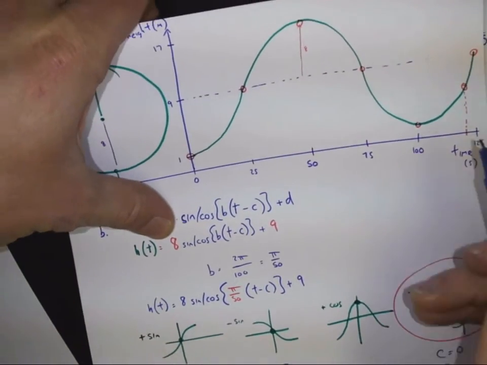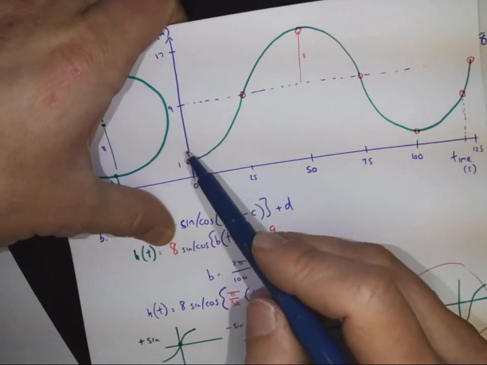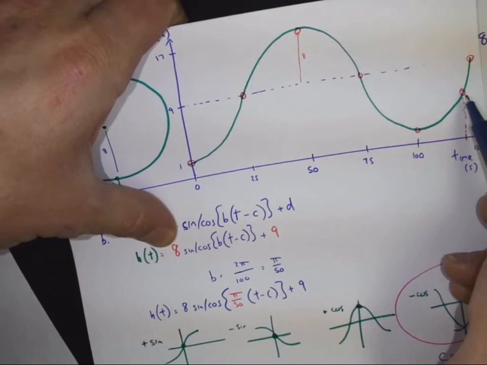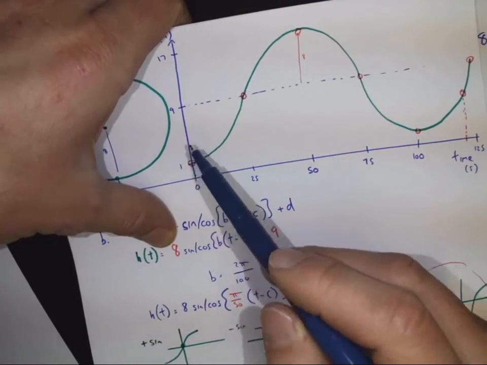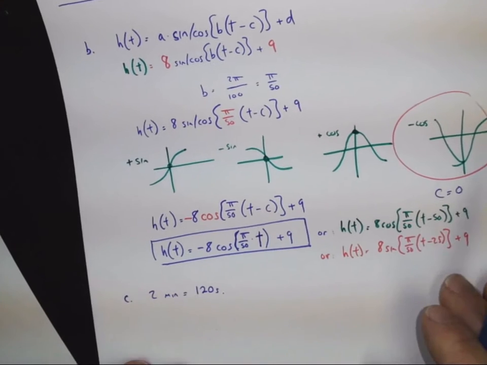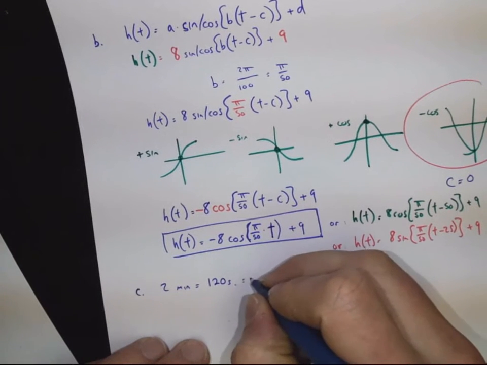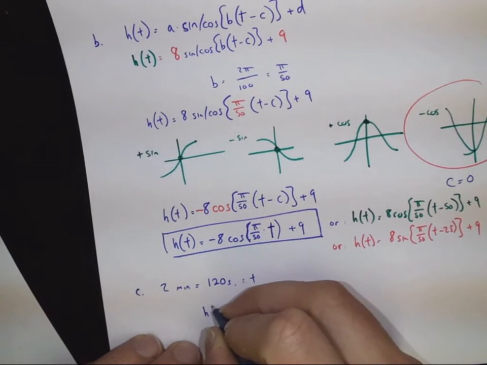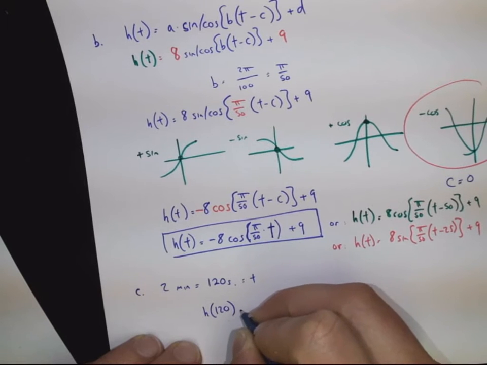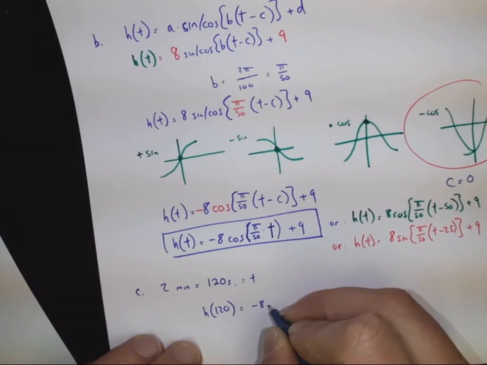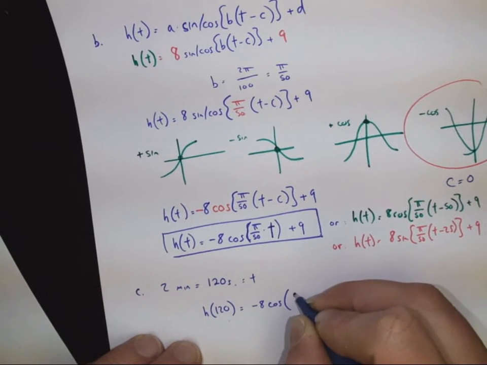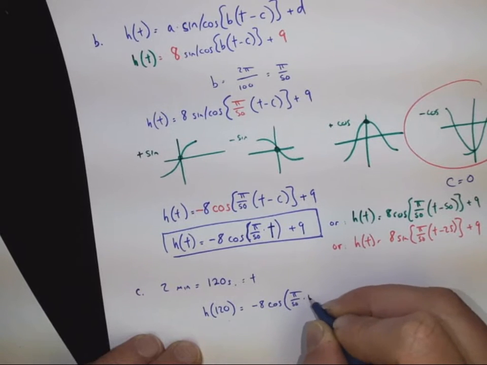So I'm expecting an answer to be somewhere between 1 and 9. It kind of looks like right in the middle. I'm going to say like 5 or 5.5. That's my intuition. So that's going to be our t value. So we're going to say, what's h of 120? That's going to be equal to negative 8 cosine of pi over 50 times 120